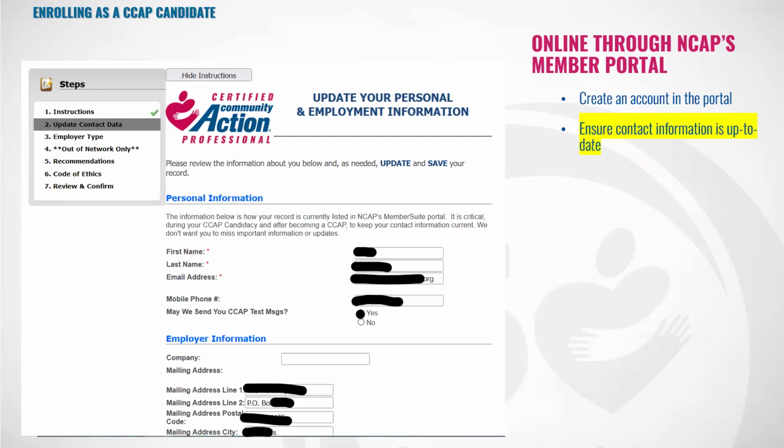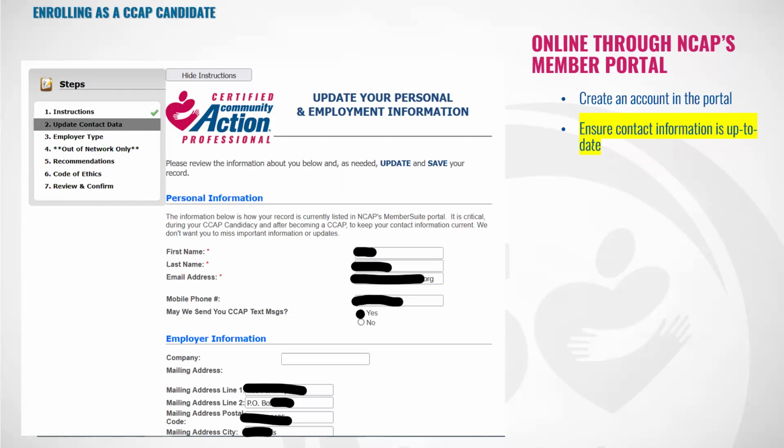So you get past the instructions, you come to this page about updating your personal content. The great news is, because you've already signed up, your personal content will be here for you. It will auto fill in this page. I've got those marked out because I didn't want you to focus on whoever's application this was, but your first name, your last name, email address, all of that will be there if you have populated it previously in the system. But if you need to make updates, this is a great place to do it.